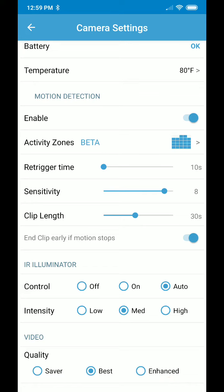You would really have to hold your hand maybe 10 inches, no, maybe even closer to the camera, and then it probably would trigger. So that's the major difference which I have found. Everything else was really working well. It was showing good status, good battery, but the sensitivity is really different. It absolutely didn't work anymore on the